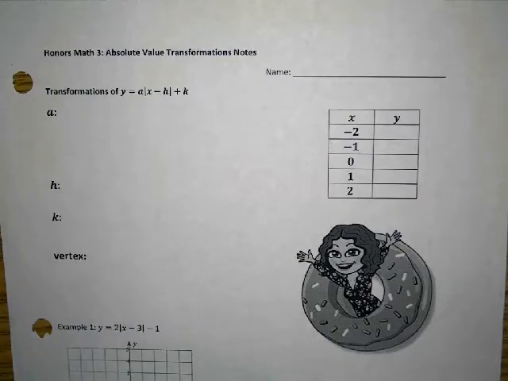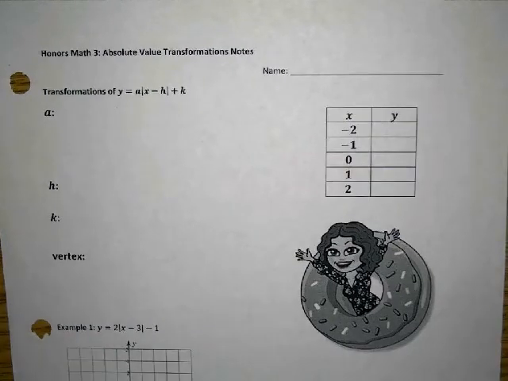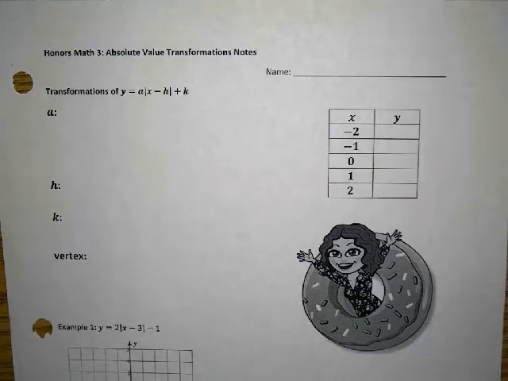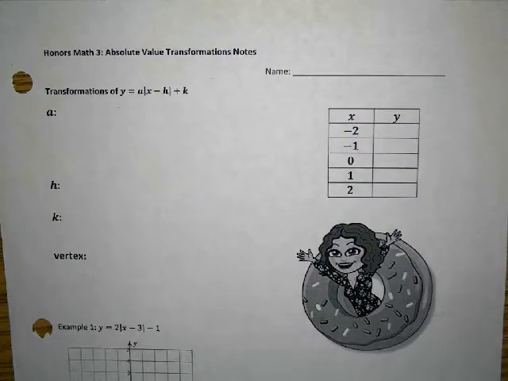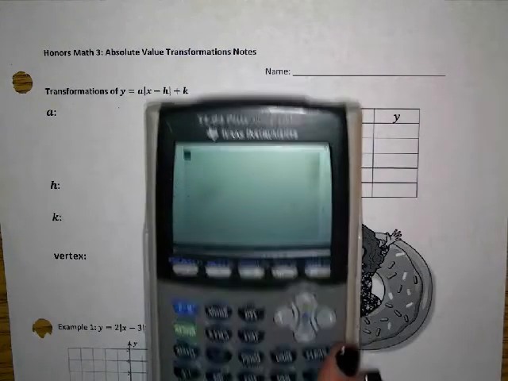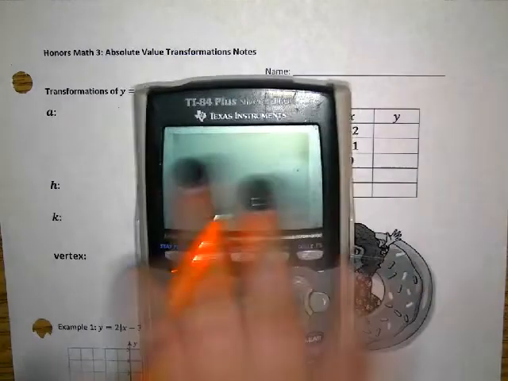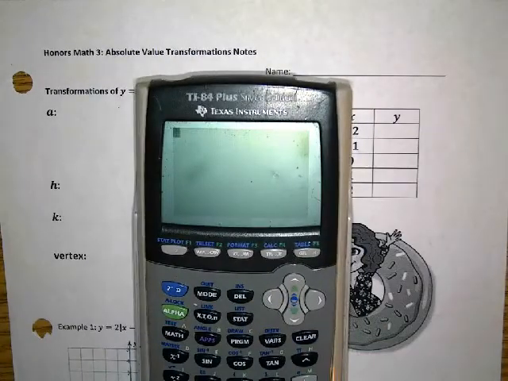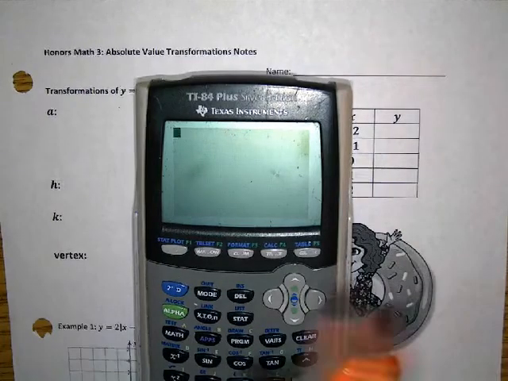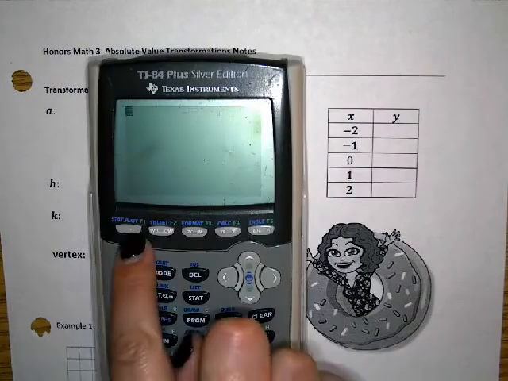All right, in these notes we're going to be learning about the transformations of absolute value graphs. So the very first thing I want us to do is just look at a regular absolute value function. So we're going to grab our calculators if you have one at home. If not, that's fine. And the way that you graph an absolute value function is we're going to go into